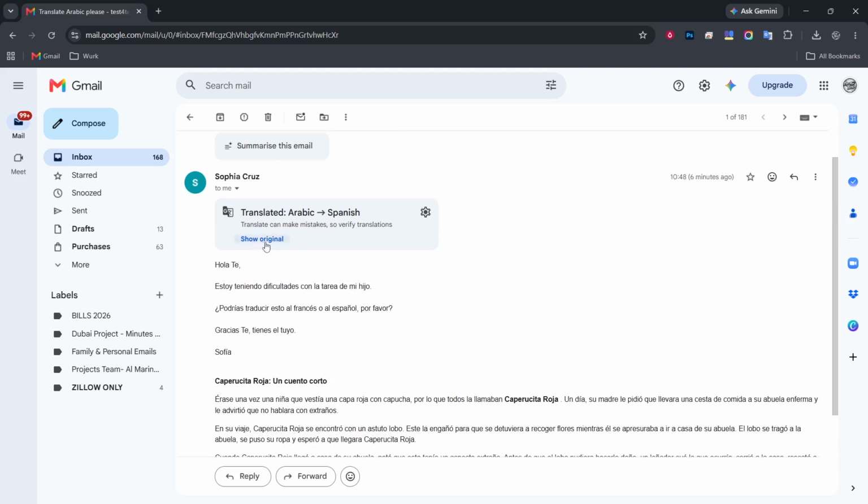You have now used the built-in Google Translate feature inside Gmail to read an email in your preferred language,